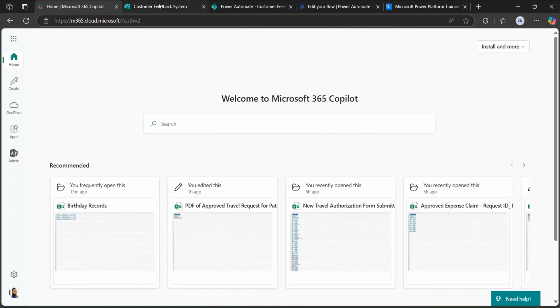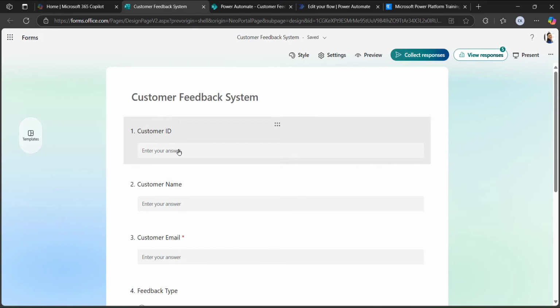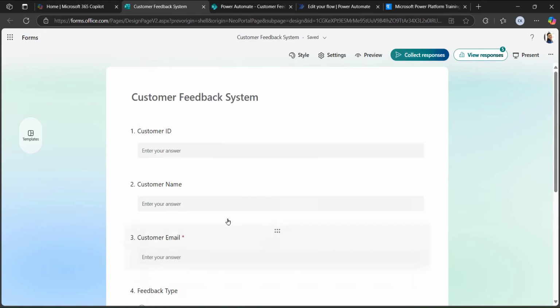So quickly open. In this example, as you can see, there is a customer ID, customer name, customer email, feedback type, detailed feedback. A user who is submitting this form can submit the customer ID with a text, or a text with numericals, or he can also input numerical values. That is why we have given the